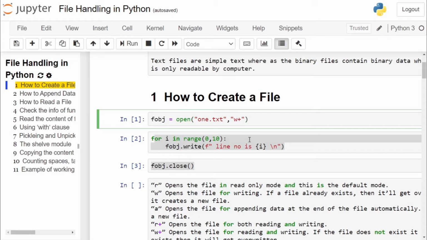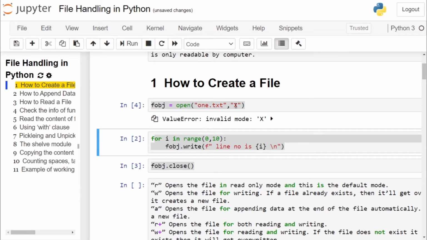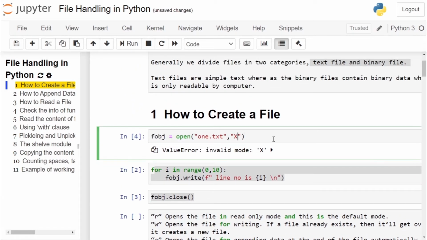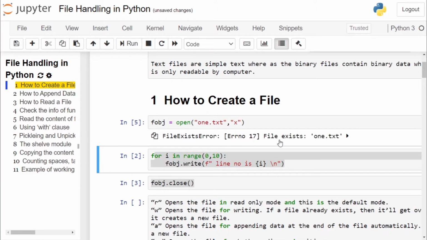Returning back to our program, now the file is created. If you use x mode for creation of a file and 1.txt is already present, then if you run this cell, it will throw an error. Click on the cell, run the cell, it throws an error. You have to give a small x, and I have given a capital X. Therefore, write a small x and then run it. It gives an error because the file is already present, therefore it cannot be created.